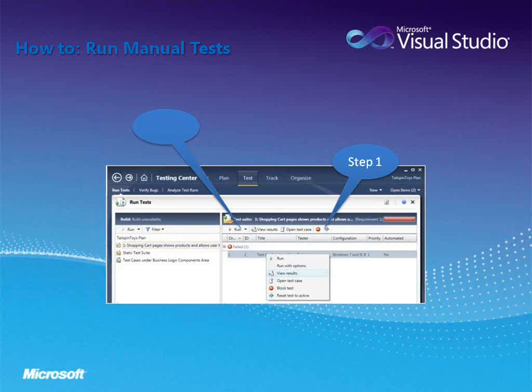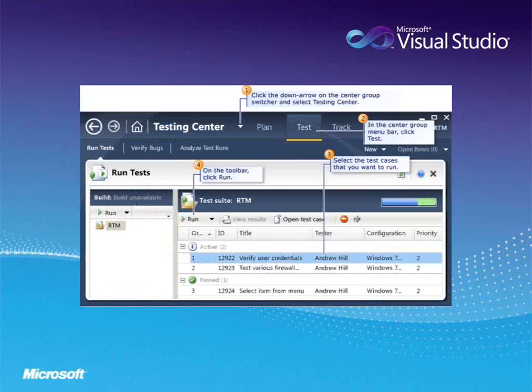So before that I need to go with step 1. You can click on the reset button, and afterwards you can click on step number 2, so you can run that particular test. Once you click on step number 2, you will get a test runner window. These are the simple steps. If you click on that particular drop down menu, you have to select a testing center.